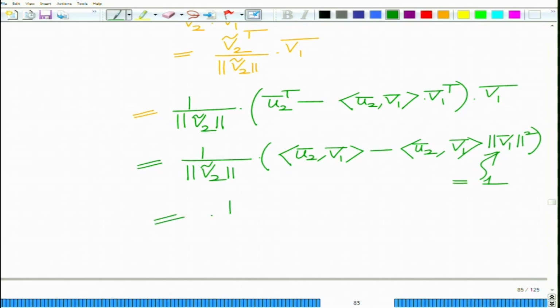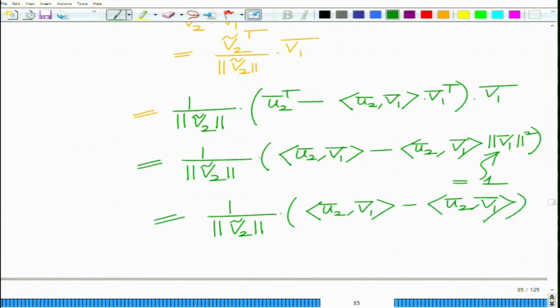So this is equal to 1 over norm V2 tilde times U2 bar V1 bar minus U2 bar V1 bar, which you can now see is equal to 0,